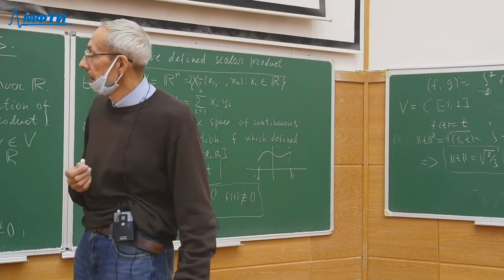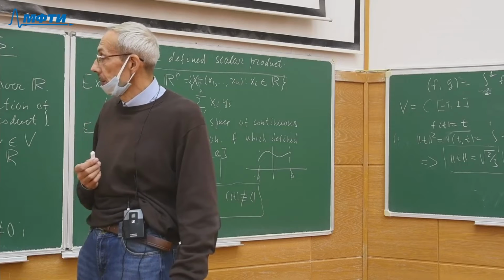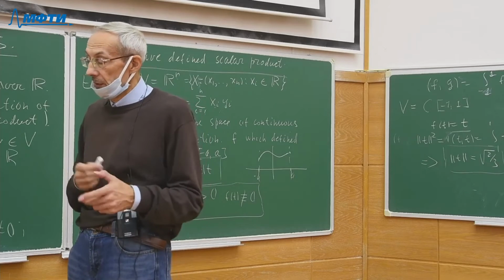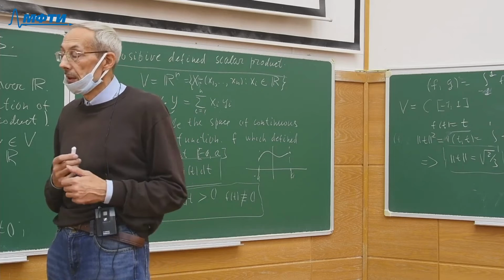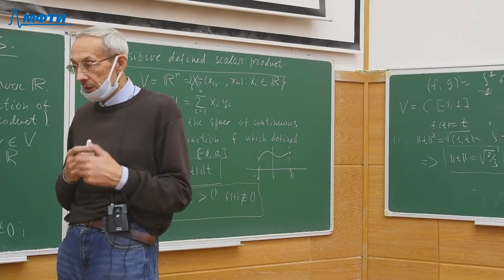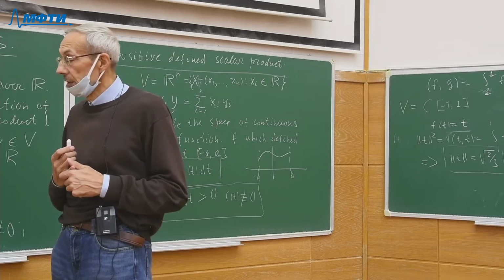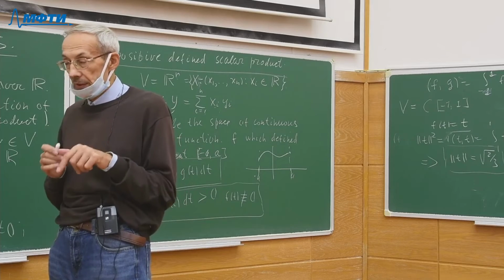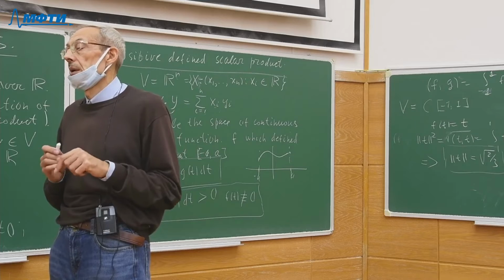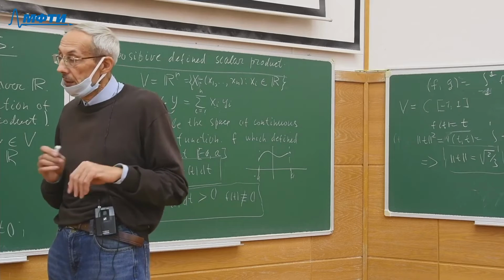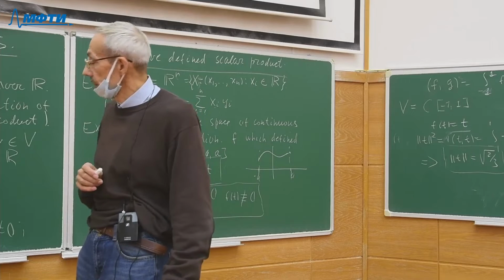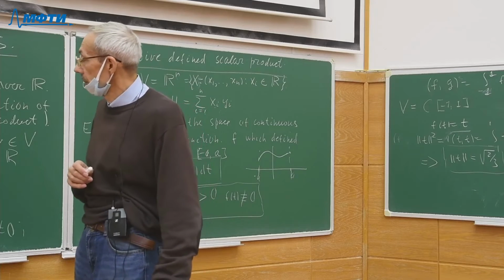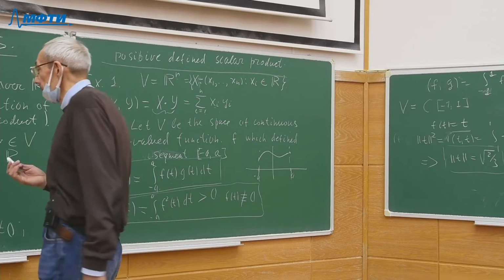If you fix two functions and consider the angle between these two functions in different Euclidean spaces, even though the vector spaces coincide, we can obtain different values for the angle between these two functions,